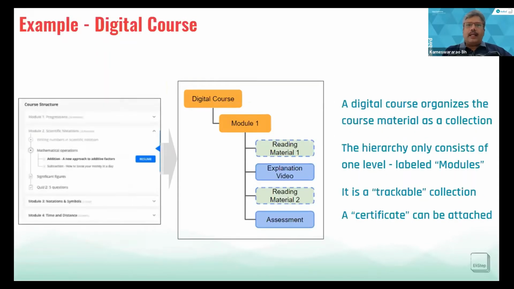Another example, what we have been talking about, is a digital course, where the course material is organized as a collection. You can again define the hierarchy to be restricted to, let's say, 1 level, and I want to call them modules, instead of chapters or units as in a digital textbook.